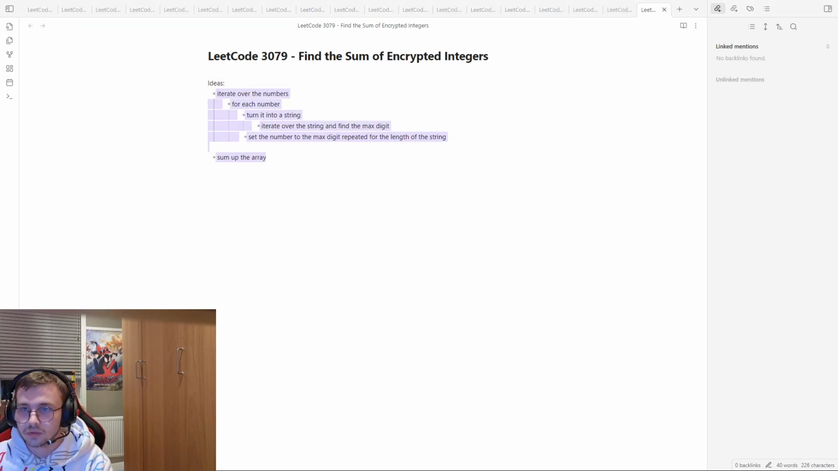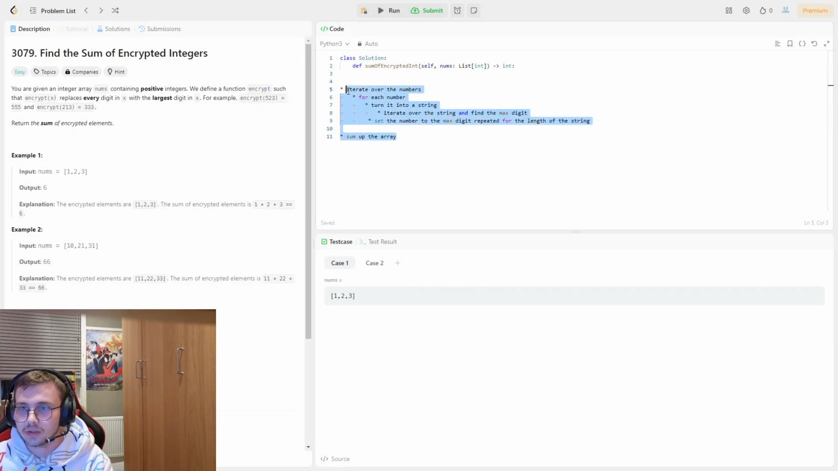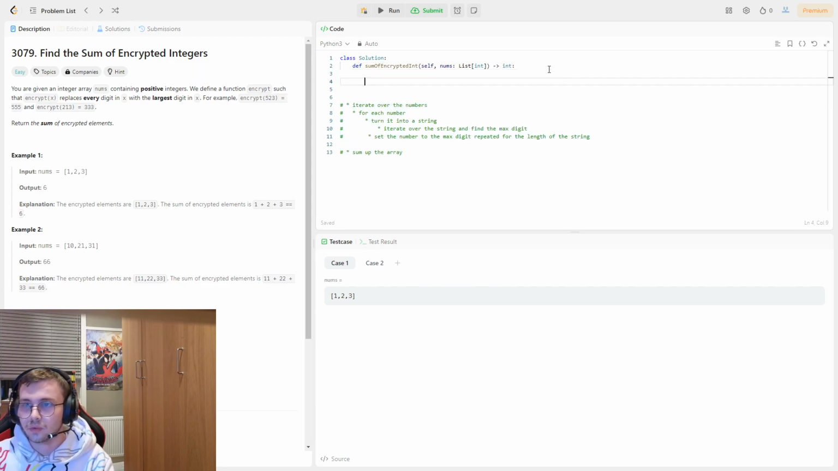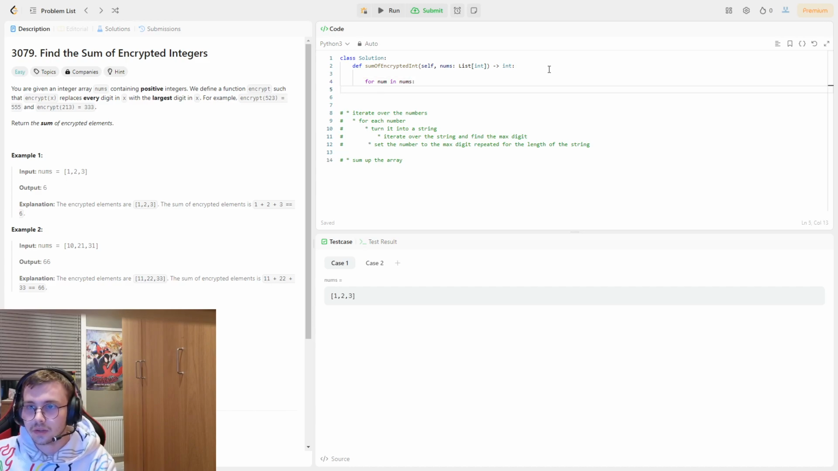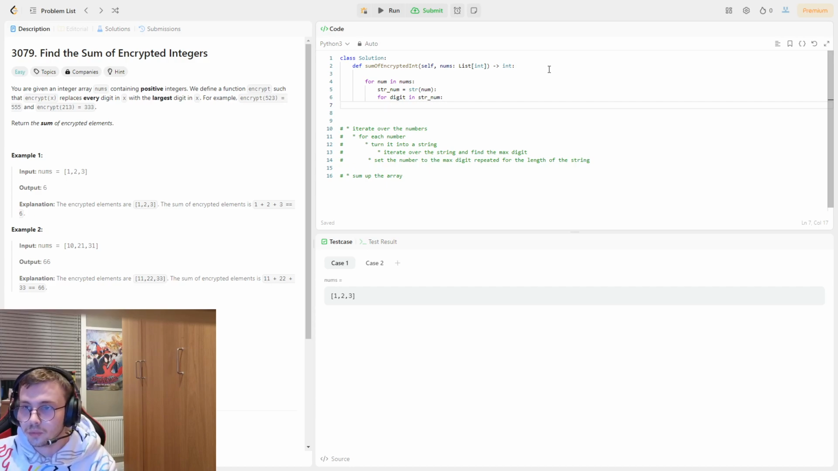Don't know how clear that was to whoever's watching, but I'm going to try implementing what I've just said here. So what we're going to do is we've got this num. So for num in nums, what we're going to do is turn num into a string. So str num is equal to str num. Then we're going to iterate over the string and find the max digit. So for digit in str underscore num, we're going to find the max digit. So we're going to do